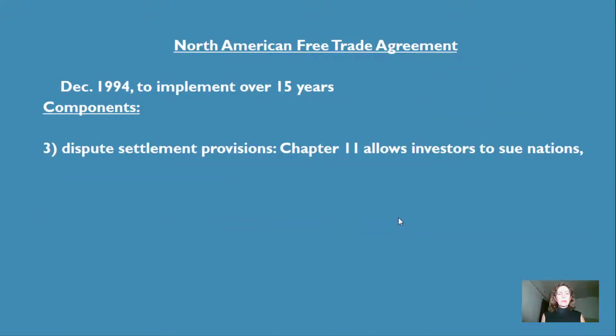Now, it had a third thing that was quite well known for trying to promote investment and investment security, and that was the Chapter 11 provision. Now, this allows individual firms who feel like something has gone wrong in their transactions in a country to sue, in the sense that they might get monetary compensation from a nation if an arbitration, which is binding, finds that the member country did things wrong against the company. So for instance, if a company feels that they were supposed to get tax rebates or different treatment at customs and they were charged too much, and the local agency in the country, for instance, in the United States, would not pay the Mexican investor enough, the Mexican investor could take this complaint to this outside arbitration and demand money